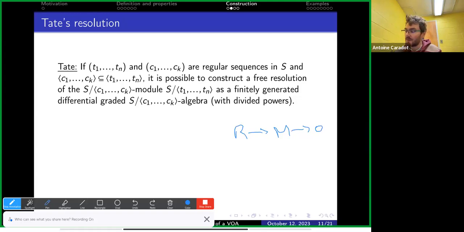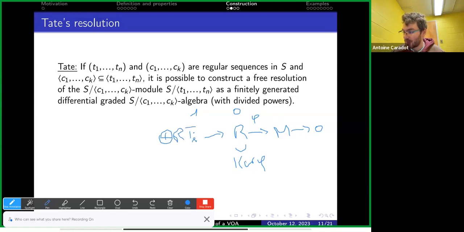With this map, let's call it phi, you will have the kernel of phi here. You will look at the generators of your kernel of phi, and you will add new variables of degree 1. This will be the space of degree 0, and this will be the space of degree 1. And you will construct a new space,